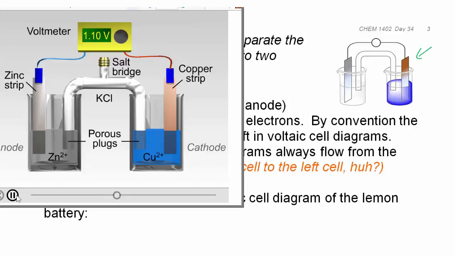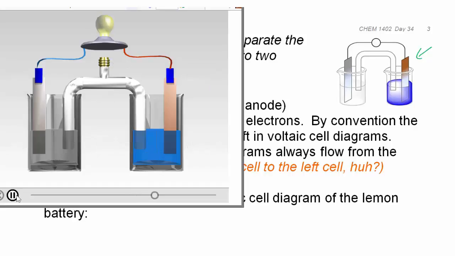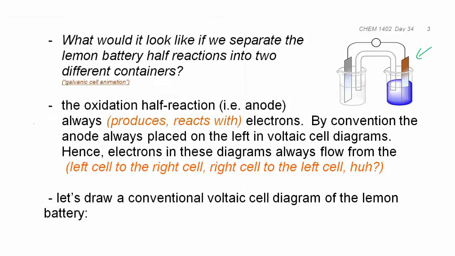If the 2 half reactions are connected through a voltmeter, we can measure the electromotive force for the reaction. When connected to a light bulb, the current of electrons flowing through the wire causes the bulb to glow. The anions and cations flow through the salt bridge to compensate for the change in the charge caused by the electron flow. Okay, the oxidation half reaction,